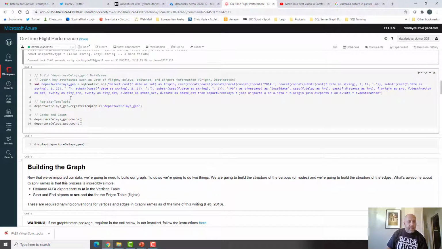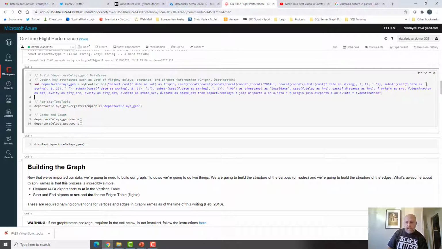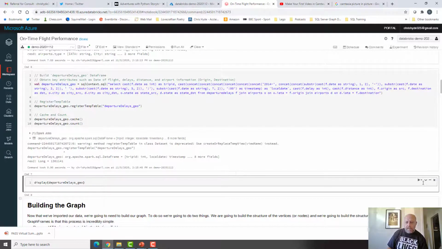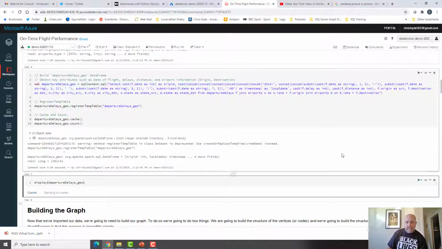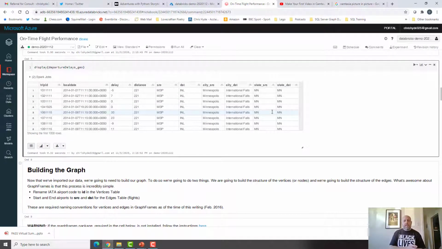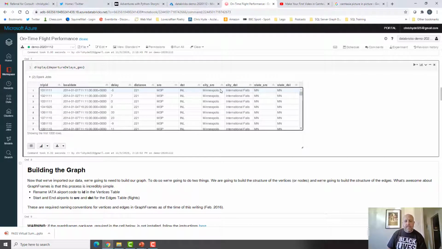Okay, let's go ahead and create all the geographic data. And then we'll take a quick look at what that looks like. So we've got some more context for you. Okay, so here's our data. We've got flights, in this case, going from Minneapolis to International Falls. We've got the 3-letter code for each of our source and